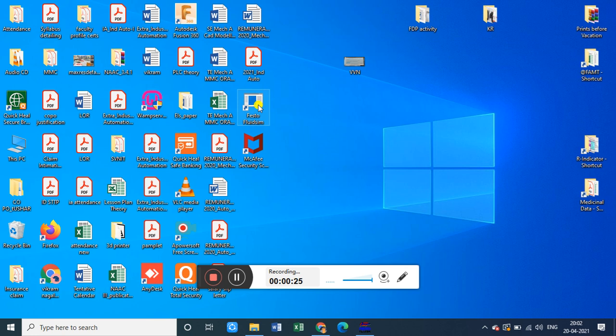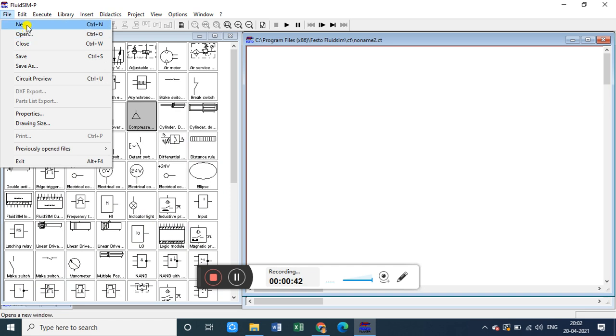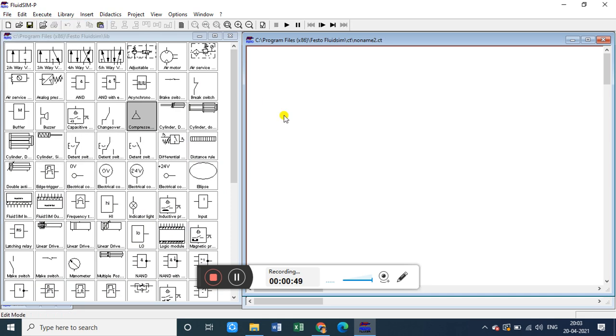Now, I will share the Fluid Sim software with you in your group. Just install it and check out the different tools in the software. You have to select the file and click on new. Okay, so you will get a new file. Here we'll start the introduction about the components that we have to use to generate the